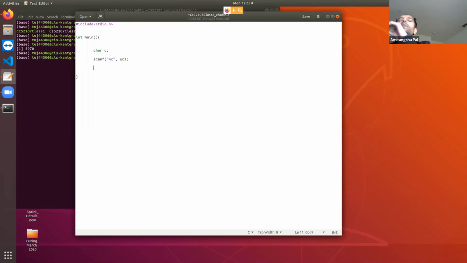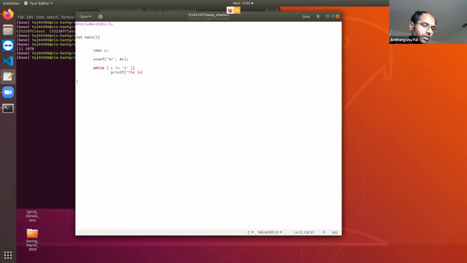Next, what I have said is that it is going to scan one character, print it, and then it is going to scan the next character, and it is going to keep repeating this process until the special end character is reached. So while c not equal to this exit character, it is going to print whatever is scanned.